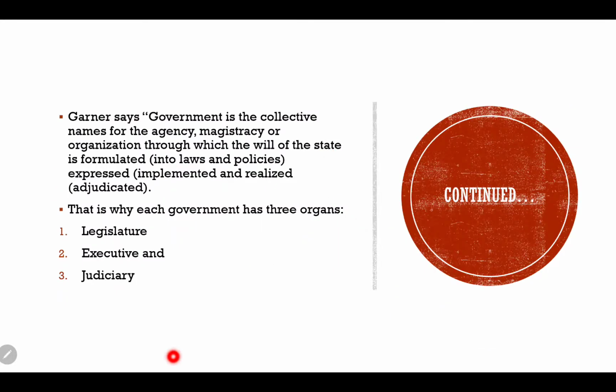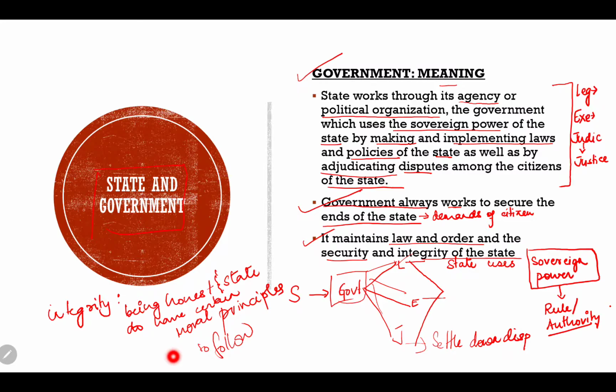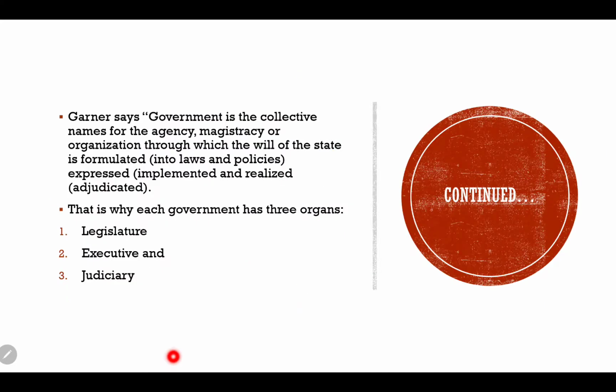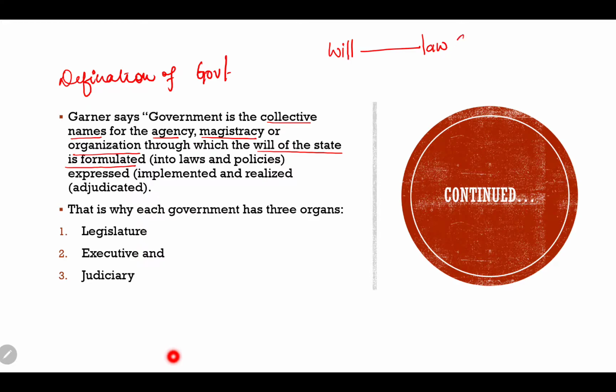Moving forward, this one was just the meaning. Now let's understand the definition of government. According to Garner, government is the collective name for the agency, magistracy, or organization through which the will of the state is formulated, that is, by making laws and policies,